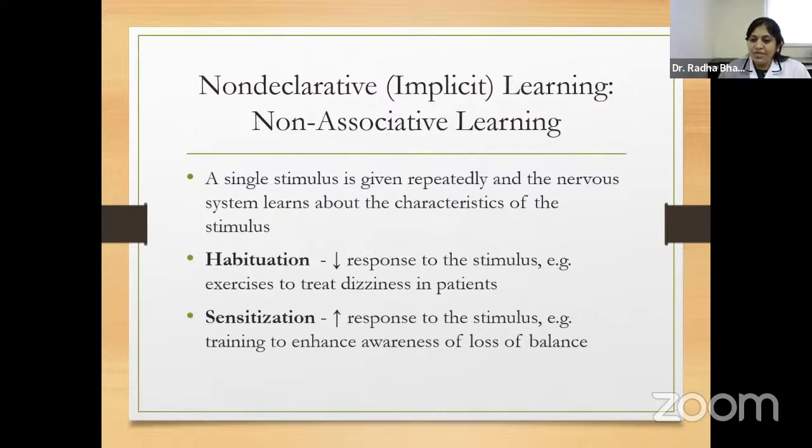So it is we and our clinical decision that we need to take when we are treating a patient. We need to take a call on what type we are going with. I need to change my stimulus type, whether the stimulus is verbal, visual, or tactile, whatever it is, we should take a call there. We need to change the intensity of the stimulus, or this repeated stimulus is not giving me the response which I want, or we want habituation to take place, or we want sensitization to be there.